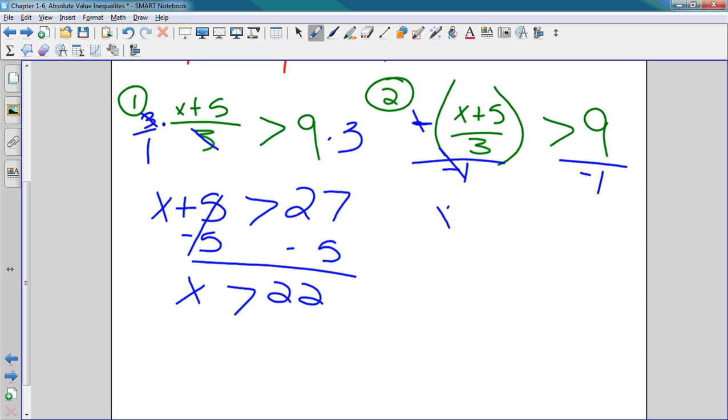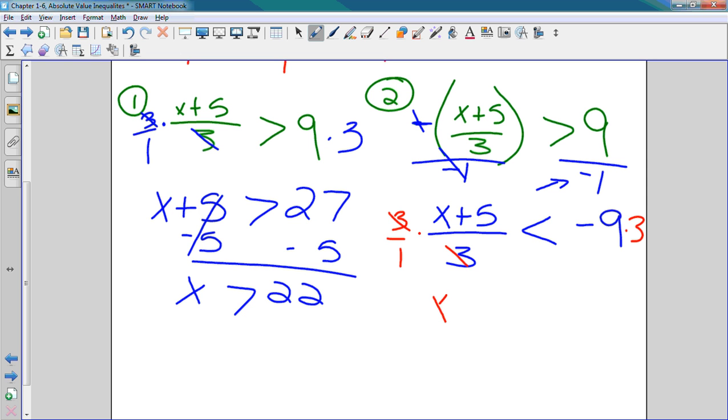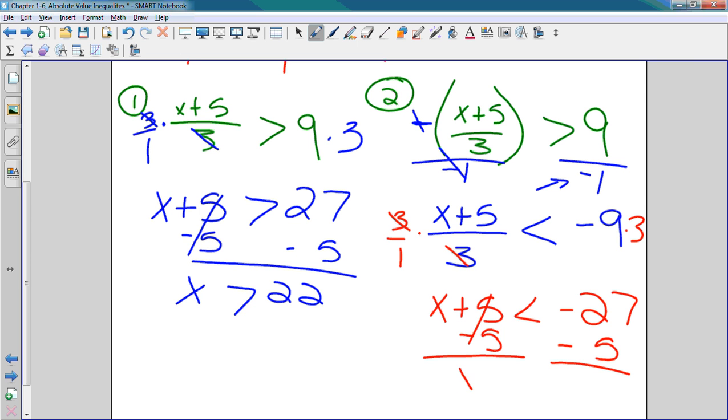These are going to cancel, and I'm left with (x plus 5) over 3. Now, we are dividing by a negative number. What has to happen to the sign? We must flip the sign. It then becomes less than -9. Don't forget, if you divide by a negative number, you must flip the sign. Now go ahead and multiply both sides by 3. I'm going to have x plus 5 is less than -27. Subtract 5 from both sides. I have x is less than